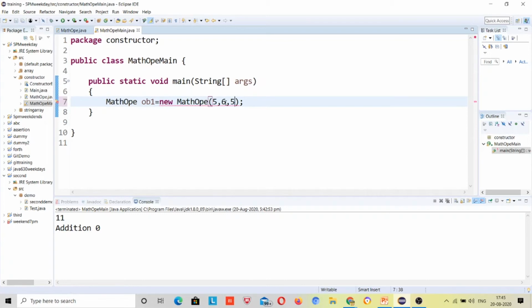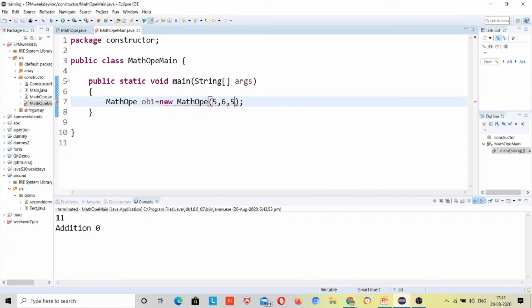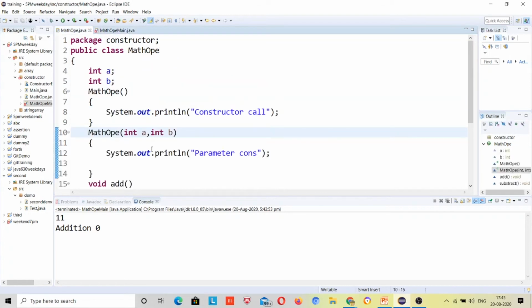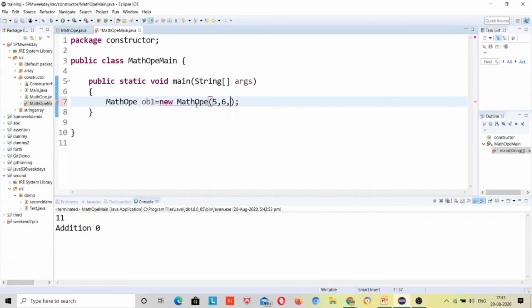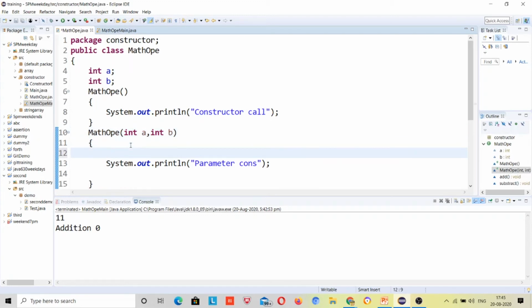Just place the cursor over here and you will see the constructor with integer arguments is undefined, because there is no constructor with 3 integer parameters. Only 2, and without parameters, right? So the default constructor and the one with 2 parameters. Just remove this so you can understand what error occurs and how to resolve it. This constructor will be called, suppose I give this over here.